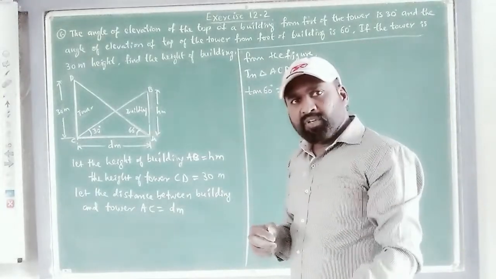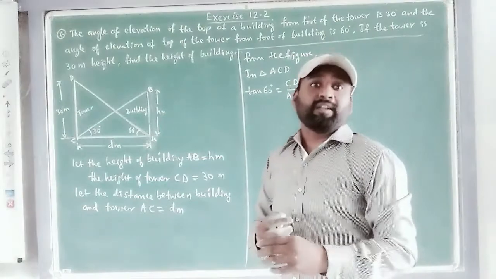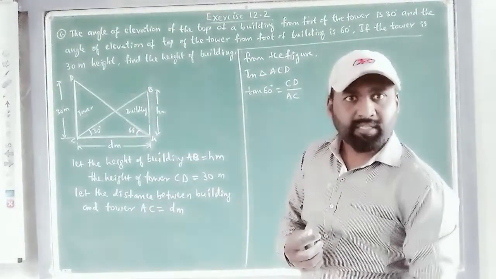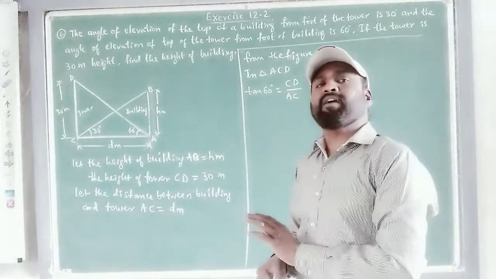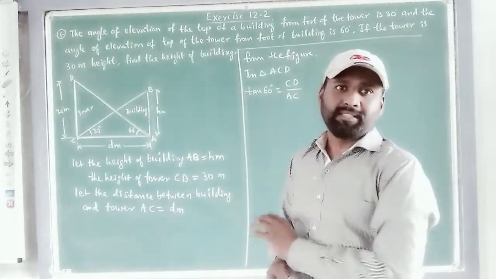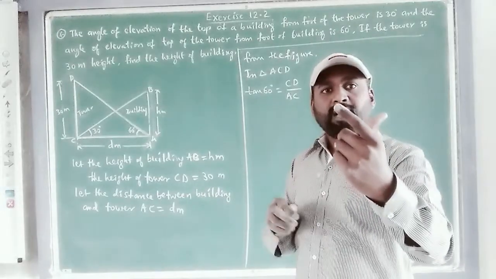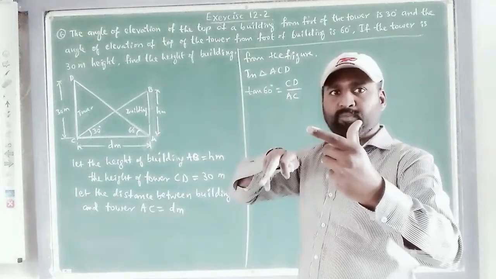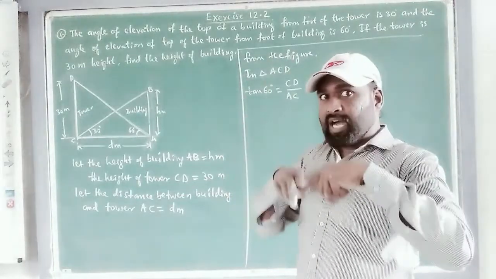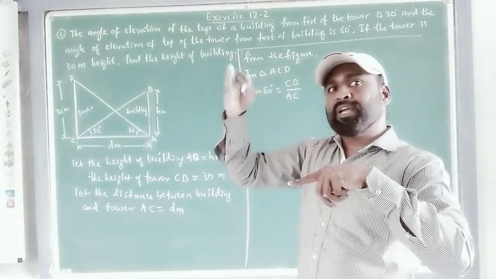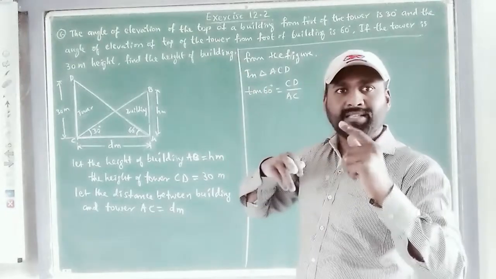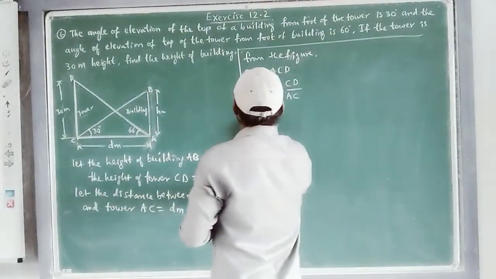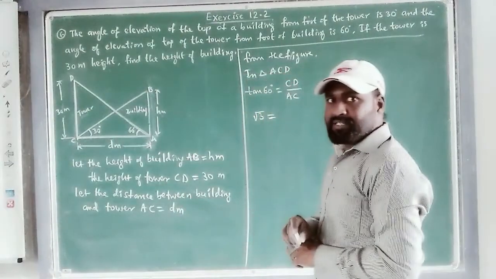If you are in confusion, let us go for the ratios sin and cos. Sin theta by cos theta is tan theta. Sin 60 by cos 60 will give us tan 60. Sin 60 is root 3 by 2. Cos 60 is 1 by 2. When we take that 1 by 2 upside, it becomes its reciprocal, 2 by 1. The 2 gets cancelled. Root 3 by 1, that is root 3. Tan 60 value is root 3.